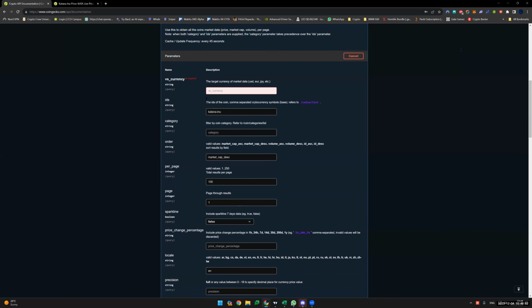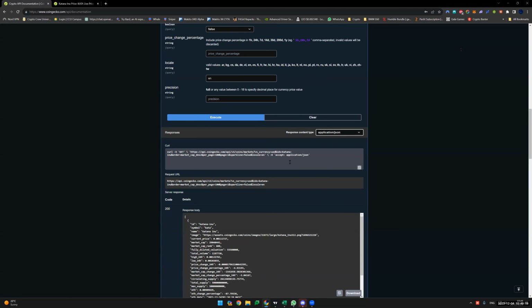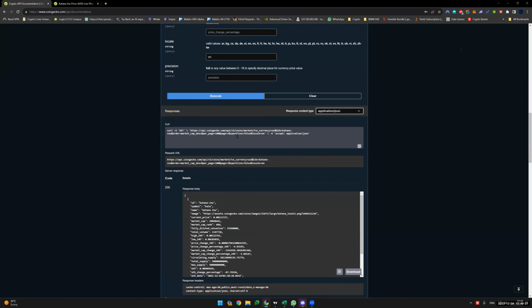Execute. It says we target the currency market cap. Okay, we want USD, right? Against the USD or whatever price. Yeah, it needs to know what kind of price you need, against the dollar, against the euro, or against any currency that you're using on your exchange. So I use dollar, so I'm going to put the USD here. Let me execute. Okay, it got executed, and if you come down here, it's going to give you